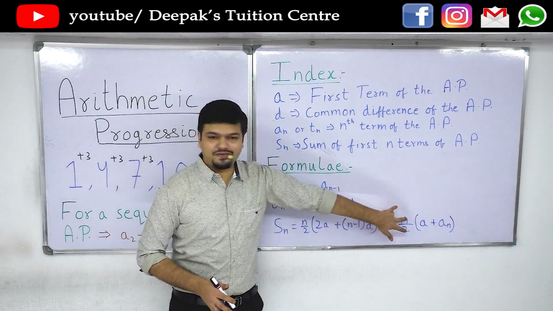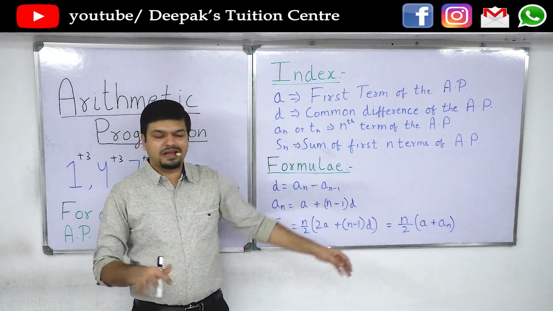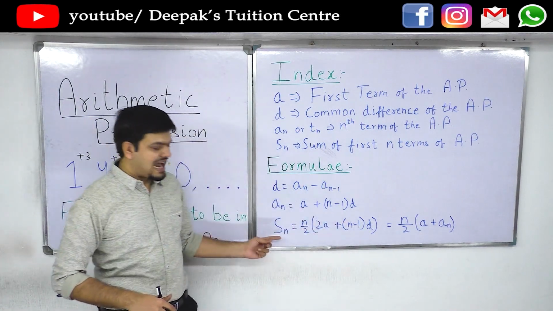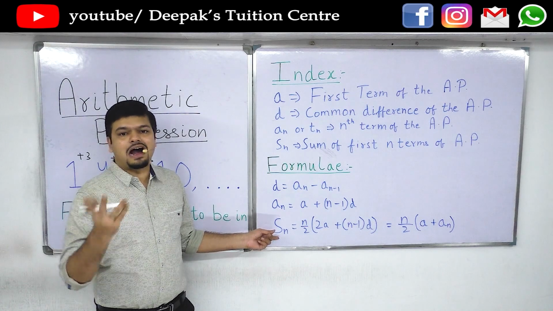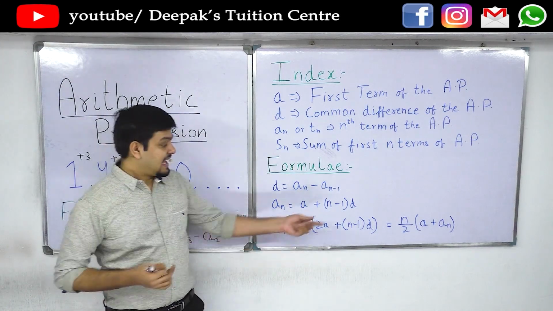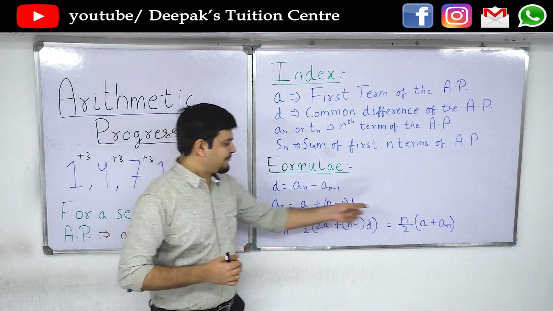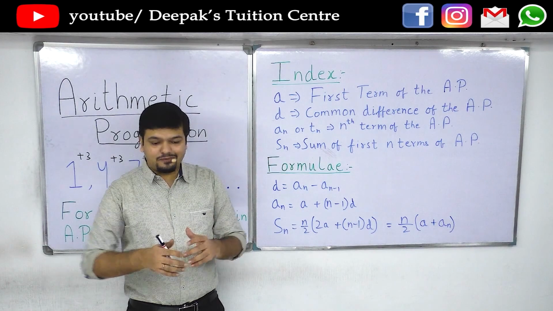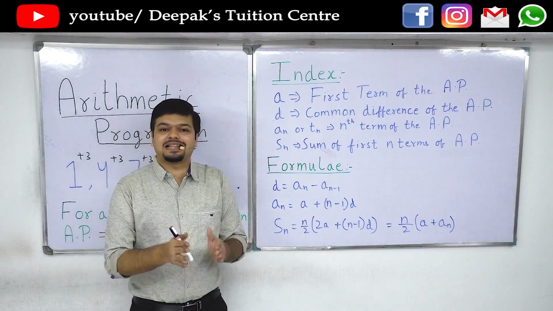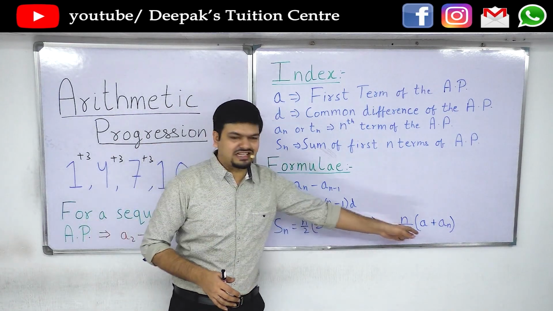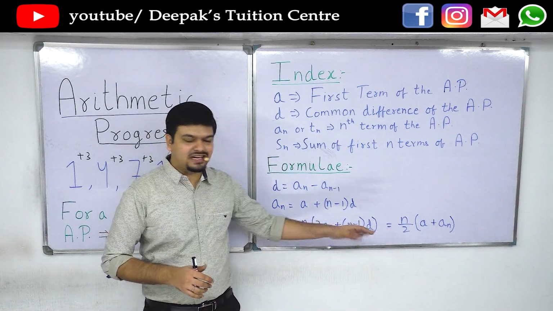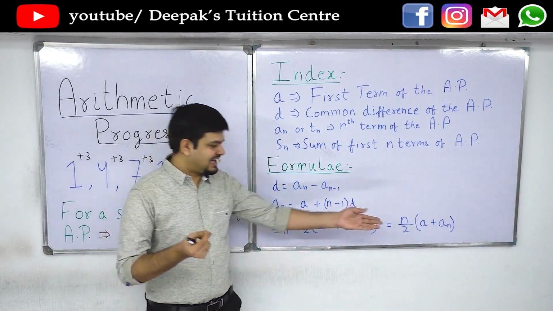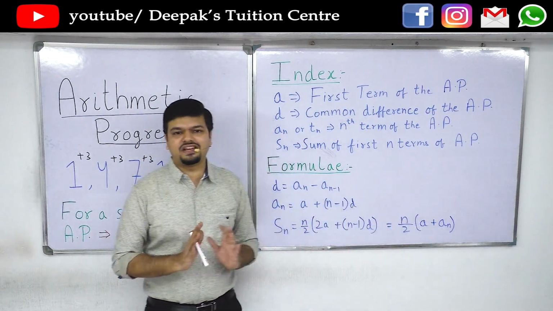But this shortened formula is also not very short, because you can see there are 3 terms given and one missing: a, n, d and Sn. So there are 4 terms in the equation, out of which they have to give you 3. And in this equation also you can see Sn, n, a, an. So there are still 4 terms. It would have been good if the formula had fewer terms. So using this or this is not a big deal. You can use either. You can even forget this formula and directly use this. But at some places, it is helpful to use this. So therefore, we use it.